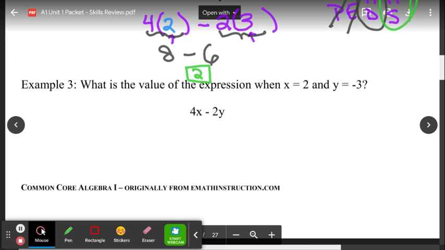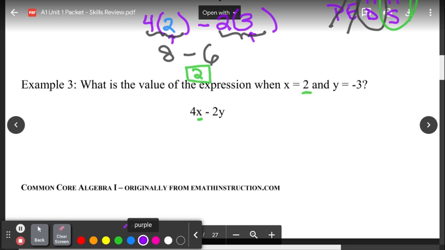This looks like almost the same problem, except we're substituting in a different number. What is the value of the expression when x equals 2 and y equals 3? And our expression is 4 times x minus 2 times y. So the 2 goes in for x. This time a negative 3 goes in for y. So I'm going to rewrite this. 4x